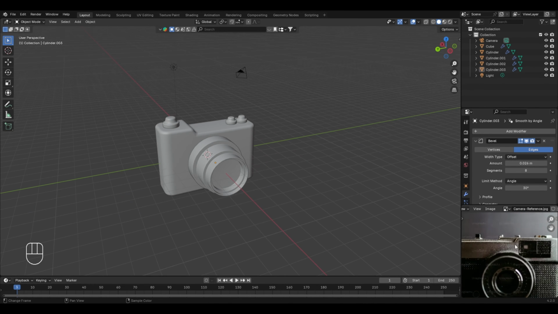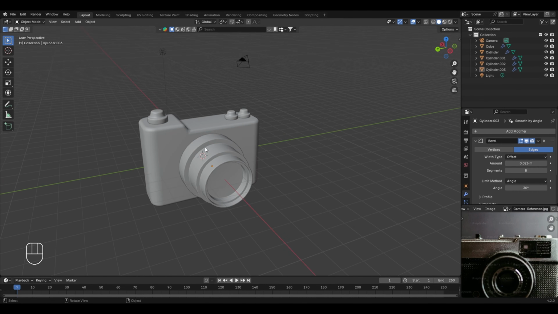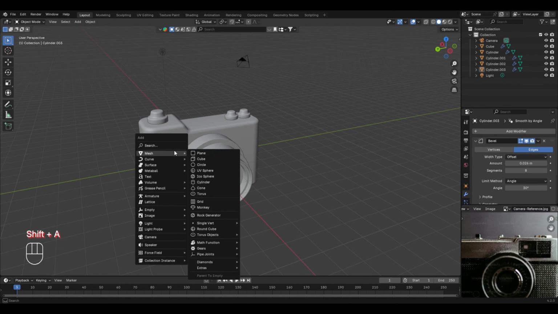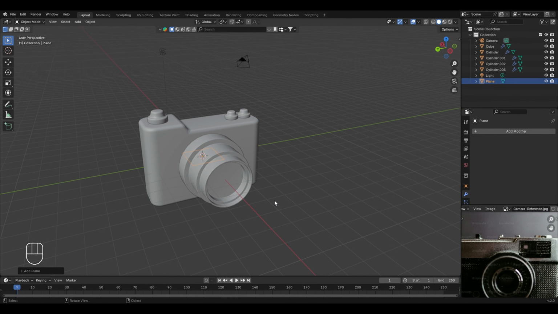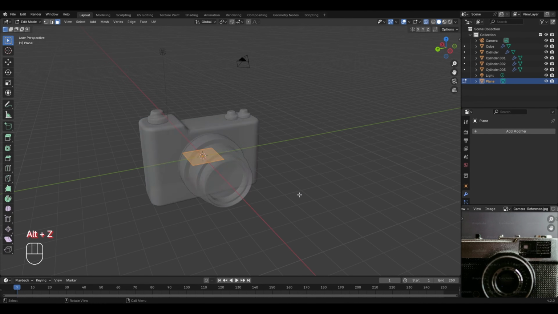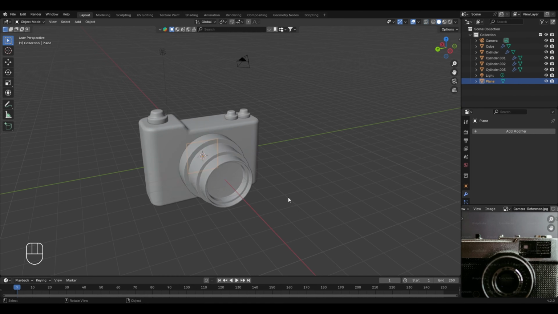So first of all, in the reference image, we are having a flashlight, and to create this, we'll first add a plane object. So press Shift plus A, then go to Mesh and select the plane, then press Tab to enter the edit mode. Let's also turn on the X-ray mode, and we rotate this in the Y-axis by 90 degrees. After this, return back to the object mode, turn off the X-ray mode, and let's move it in the